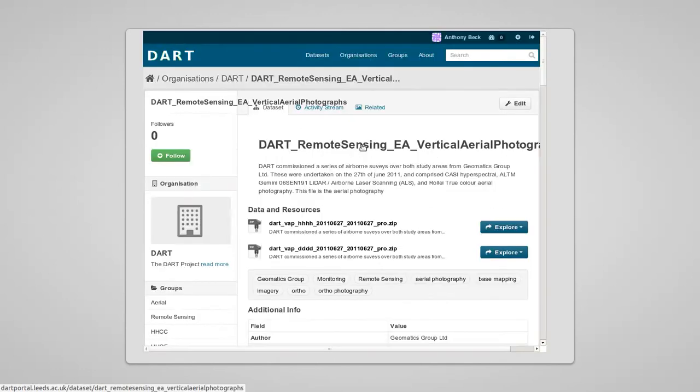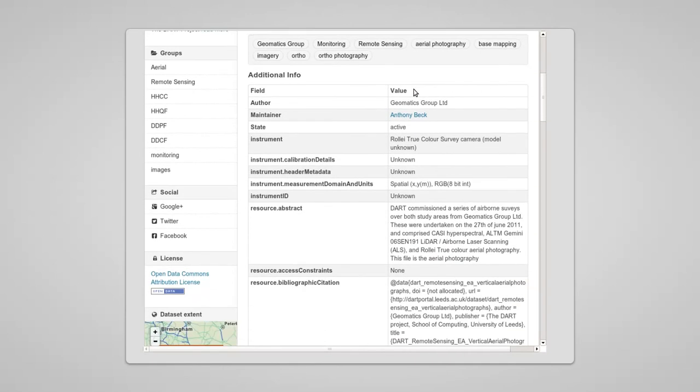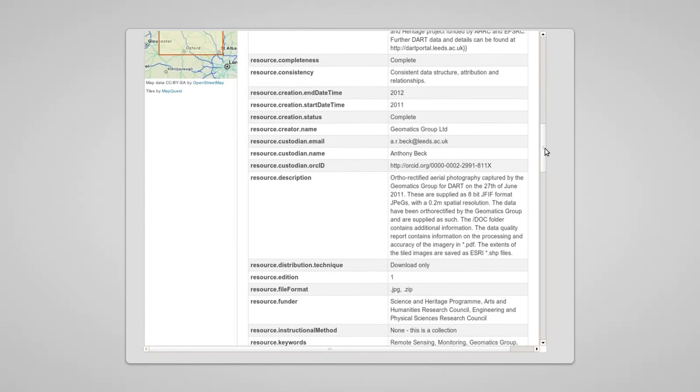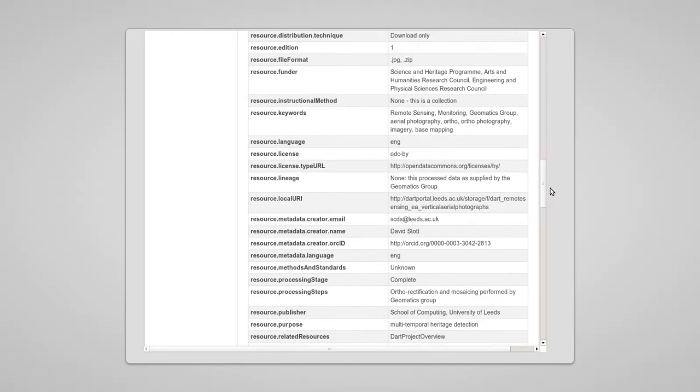Vertical aerial photographs. This is a collection. In here we've got a little bit of metadata information about that data. We've got some keywords. Then we have a whole heap of other metadata about the instrument, bibliographic citation or data citation, link, a whole heap of Dublin Core related metadata information.